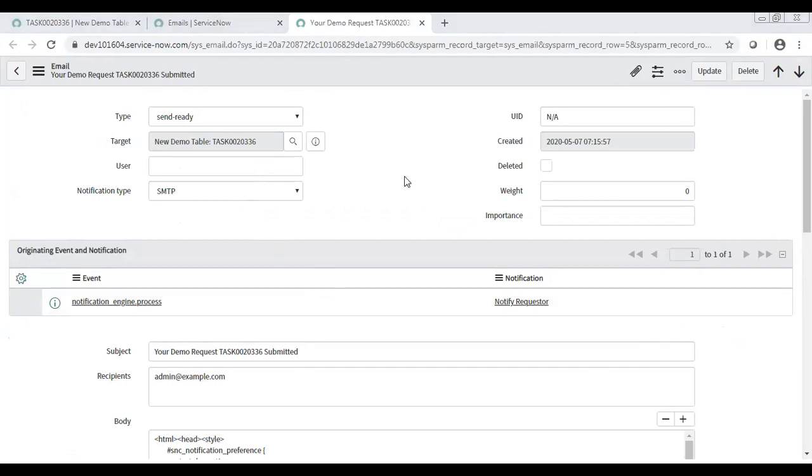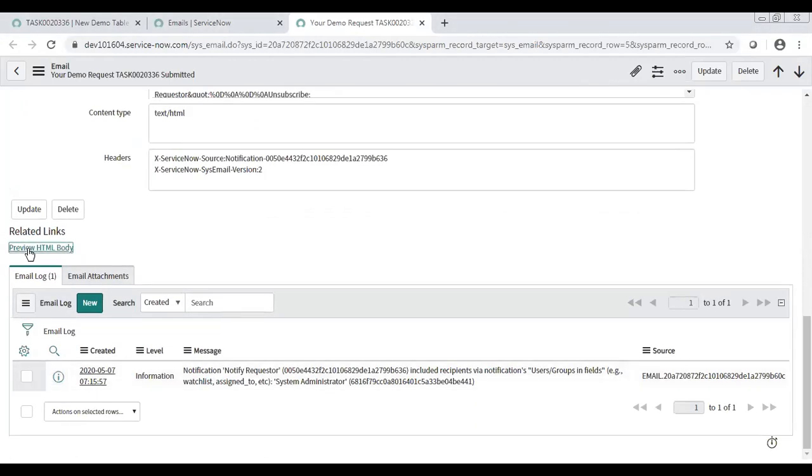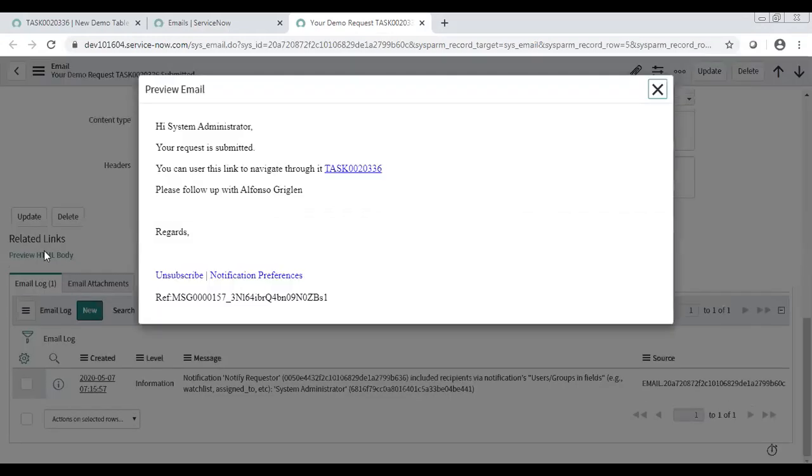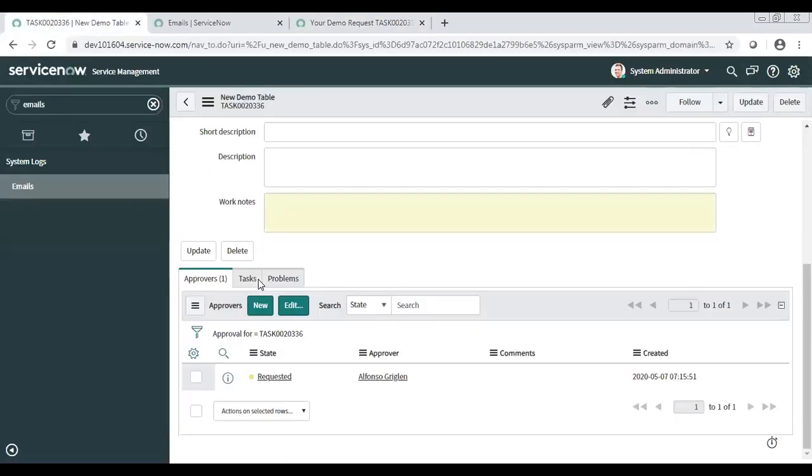So if I click on preview now, see, it's giving me the name of the approver. So if you go to this task, see, this is the name of the approver, right?